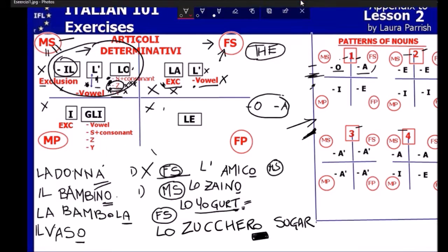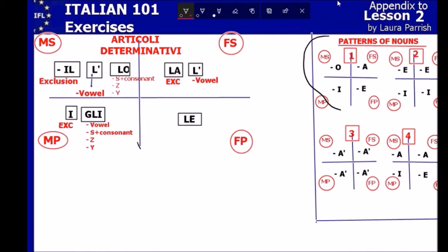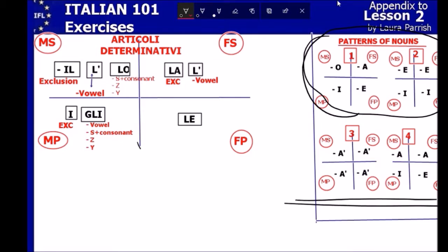Now we delete a lot of stuff. Okay, I told you already that almost all Italian words are in this pattern. Almost all of them. Those two are very rare, but you know, let's do some words in those two just so you know. For example, let's do